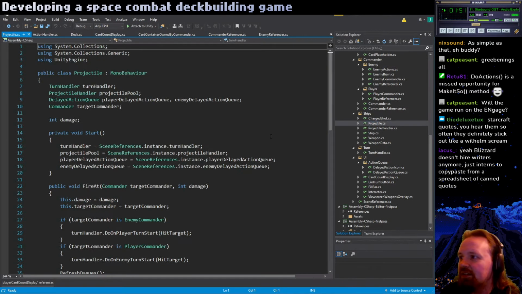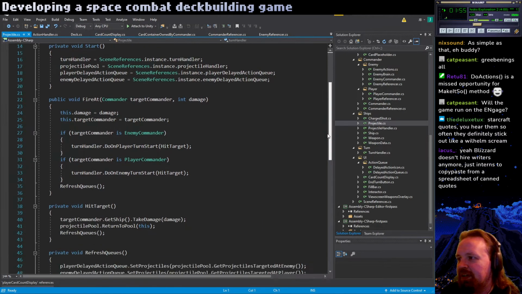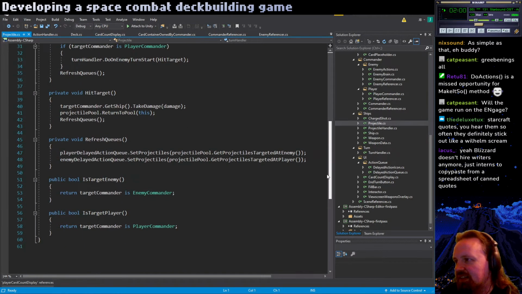Right. So we have the projectile class here. This is also a bit clunky. Because it's just